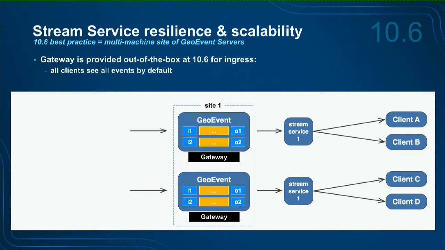When you install the second machine, you add it to the same site, and those gateways automatically start communicating with each other. Again, you don't need to do anything with the gateway, it just works. And so at 10.6, on the ingress, all clients will see all the events by default. So if that event comes into GeoEvent, and now we have all the flexibility of all the different input connectors